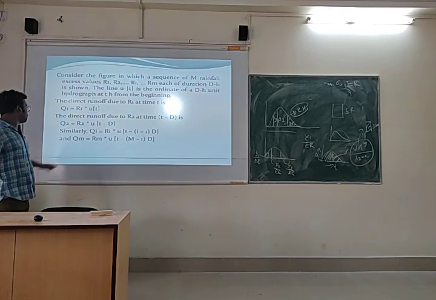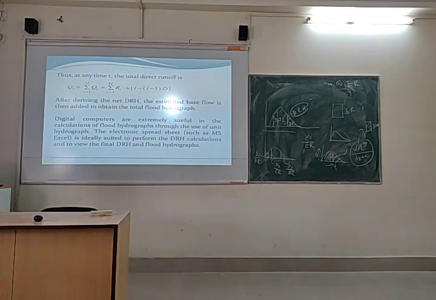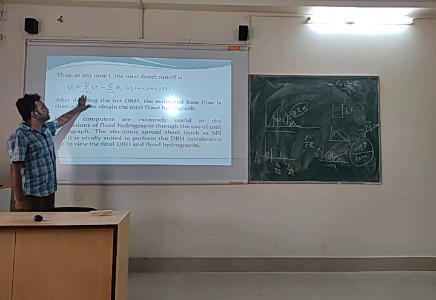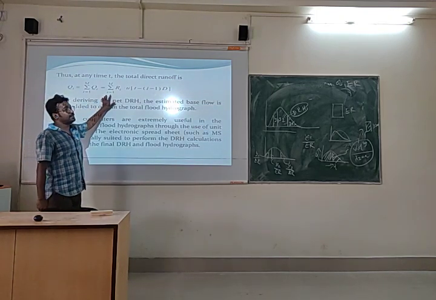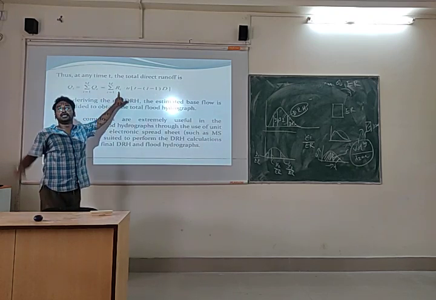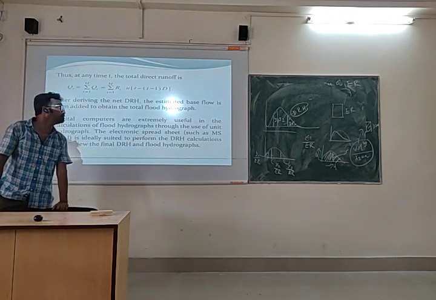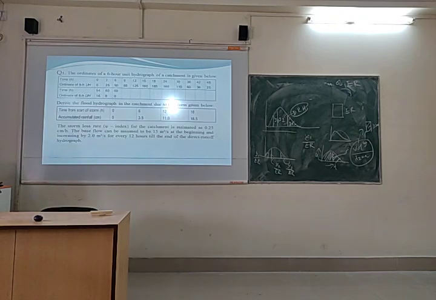By which we can find this sort of formula. That means, to find any direct runoff hydrograph ordinate for a particular time t, the ordinate for this direct runoff hydrograph will be equal to the summation of Qi, where Qi equals Ri multiplied by U in bracket t minus (i minus 1) multiplied by D, where i varies from 1 to m, where m is the number of blocks, meaning the number of effective rainfalls, Ri is the depth of each effective rainfall, Ut is the ordinate of the unit hydrograph, and D is the duration of the effective rainfall as well as the unit hydrograph, right?